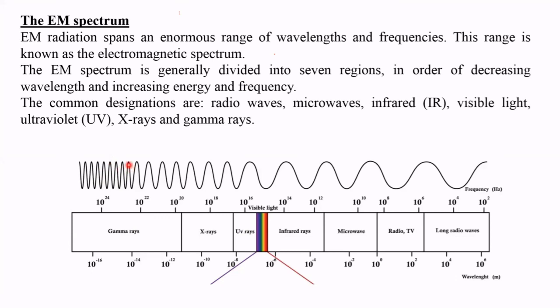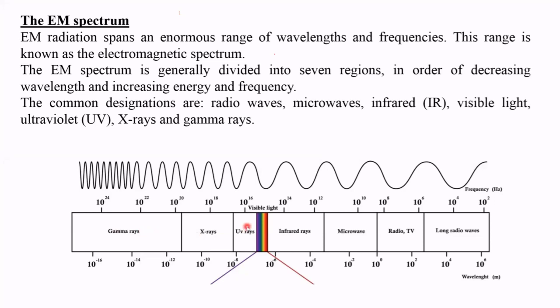Here the energy levels are very high. The radiation has high energy levels and high penetration levels. The rays with the highest energy levels are gamma rays. Those are very dangerous. Next, the wavelength of X-rays is less compared to the other groups of waves, but when compared with gamma, the wavelength is higher and frequency is lower. Means the energy level of X-ray radiation is high but less than gamma rays.